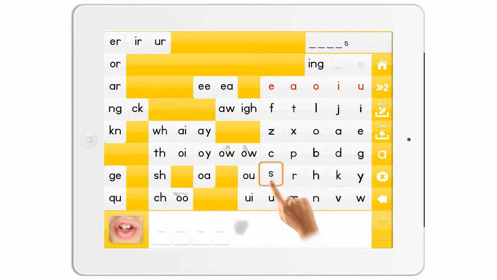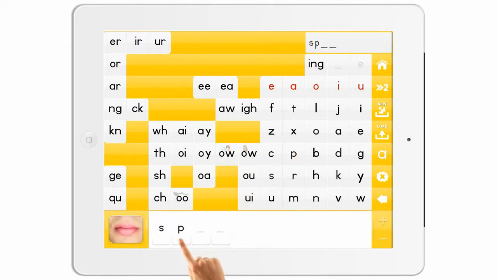So the first sound was s, the next one was p, the next one was u, and the last one was n. Like that. And of course you can still do the same technique of pulling graphemes out of words, just like you could with the previous version. So you could say to the student, okay, so how do we turn spoon into soon? And then you could have the student pull this p out by just dragging it up and out of the word and listening to the